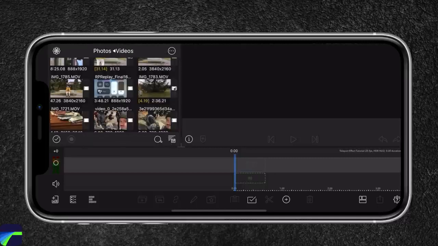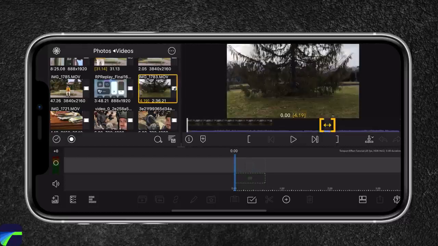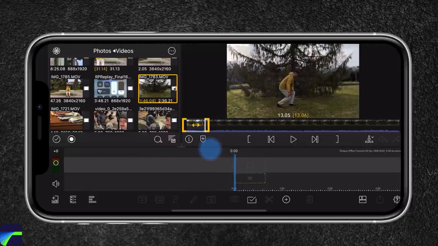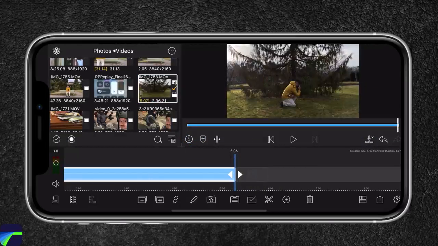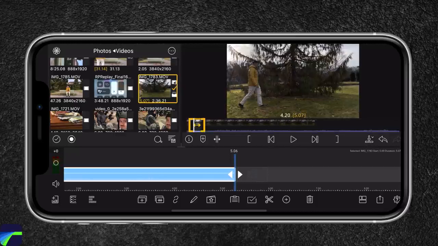So I'm gonna select photo, and I'm gonna select this clip right over here, and I'm gonna trim it to around here just as I start to teleport, and then I'm gonna trim this side as I walk in. Let's add that, and let's select the same clip again,